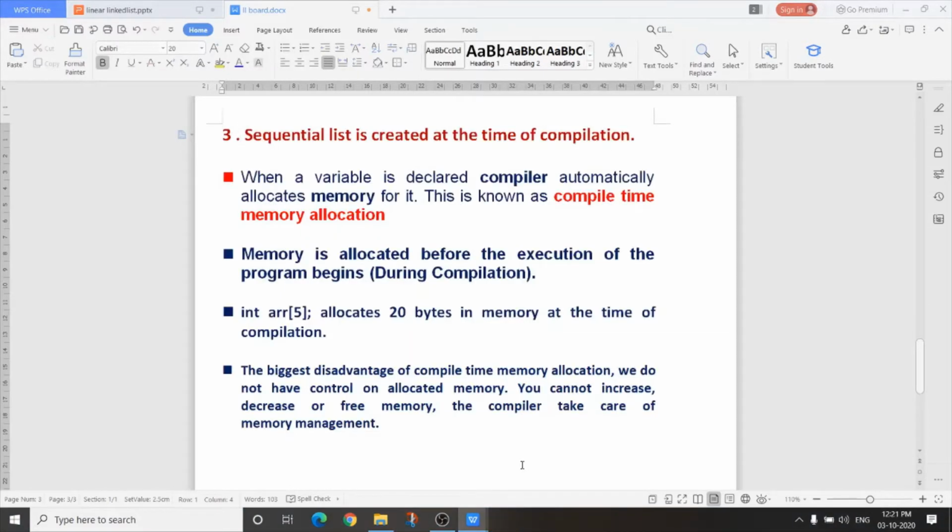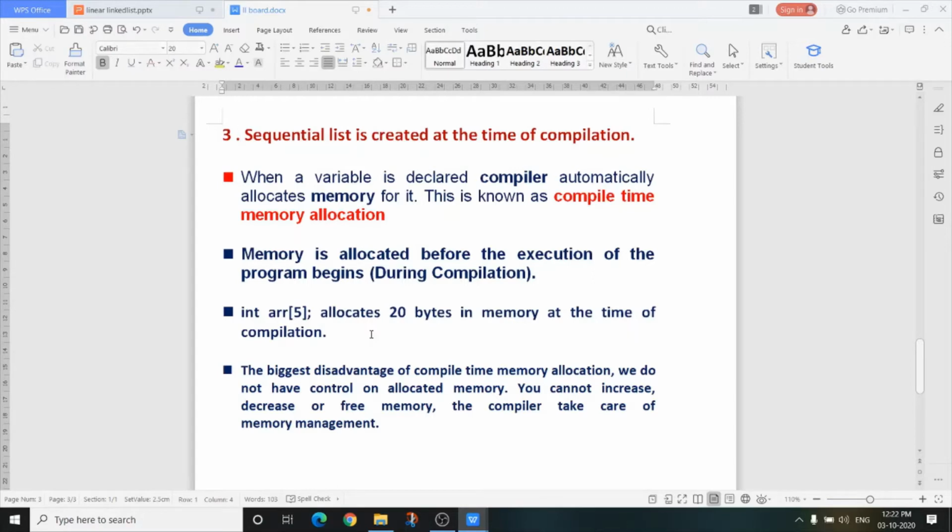A sequential list is created at the time of compilation. So when a variable is declared, the compiler automatically allocates memory for it. This is known as compile time allocation. Memory is allocated before the execution of the program begins, that is during compilation. So when we declare an array int arr[5], it allocates 20 bytes in memory at the time of compilation before execution of the program.